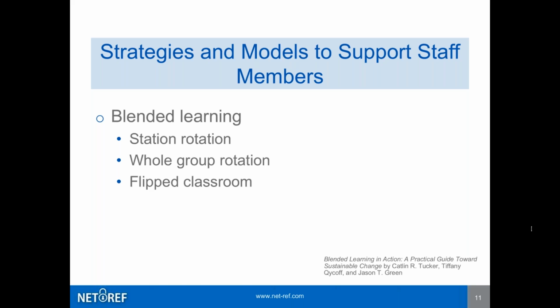So within blended learning, there are a few different ways to take what is happening traditionally in a classroom and elevate that with digital tools that you might have access to. And so for the different models we'll think about together, there'll be pros and cons, not just generally, but as it relates to your specific goals for supporting staff members with technology.